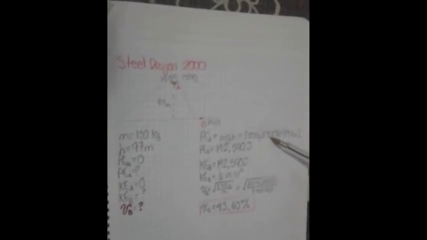With our information, it is equal to 150 kilograms times 9.8 meters per second squared times 97 meters, and the result is 142,590 joules. That is the potential energy when the cart is up,